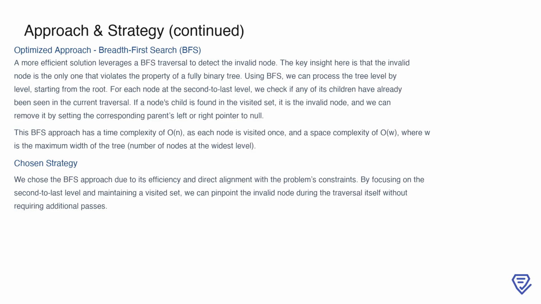This is achieved by maintaining a visited set, which keeps track of nodes that have been processed. If a child node is found in this set, it indicates that this is the invalid node. To correct the tree, we simply remove the invalid node by setting the appropriate left or right pointer of its parent to null. The BFS approach has a time complexity of O(n), since each node is visited only once, and